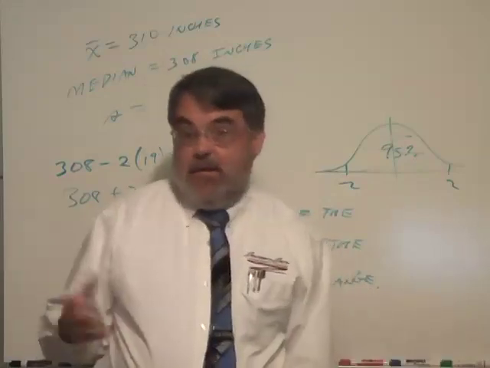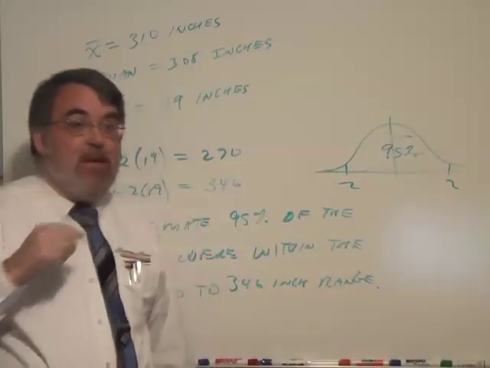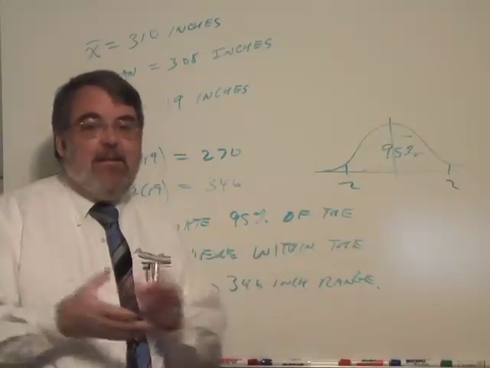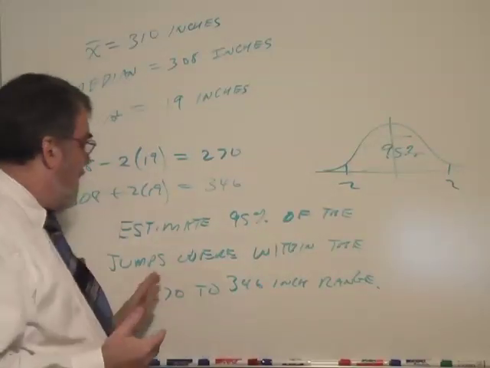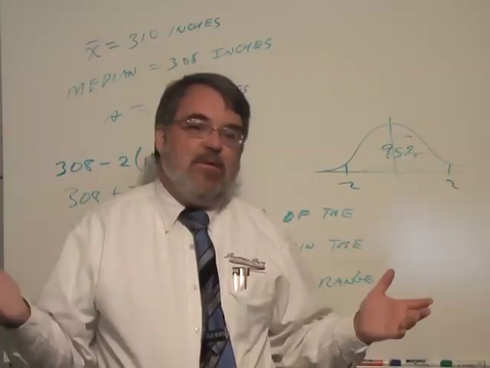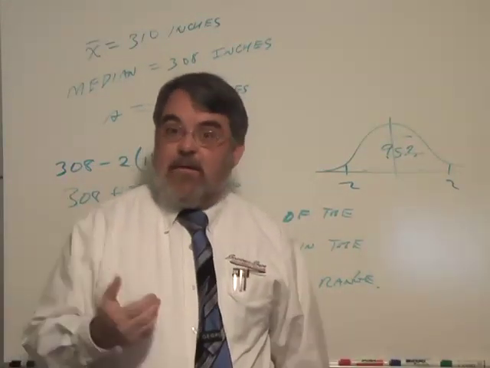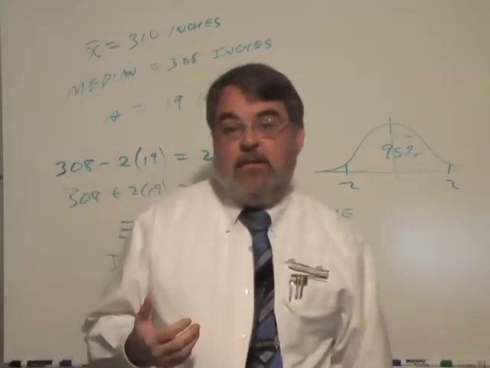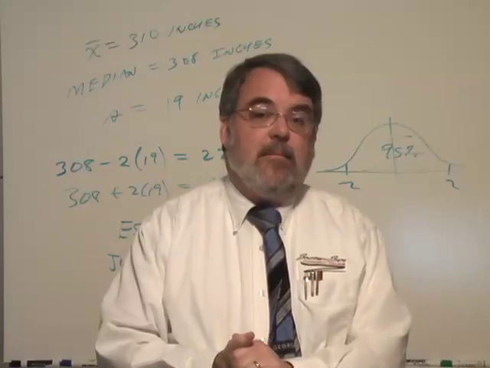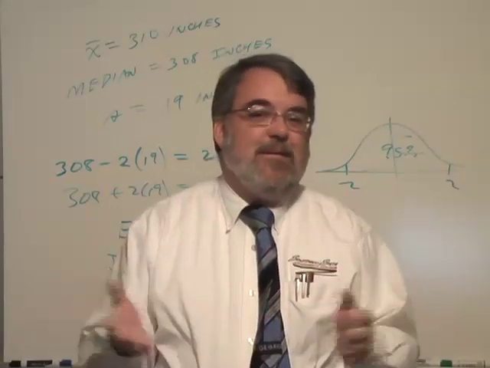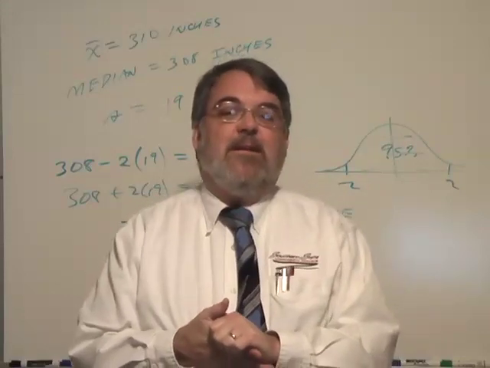And actually, I think that's actually true, because 95% of 19 is about 18. So about 18 of the 19 jumps fell within that range. And there probably was one jump outside that range. Matter of fact, there was. It was Bob Beamon's jump, which was actually more than 2 standard deviations compared to those numbers. All right, so anyway, that's kind of a little analysis, and